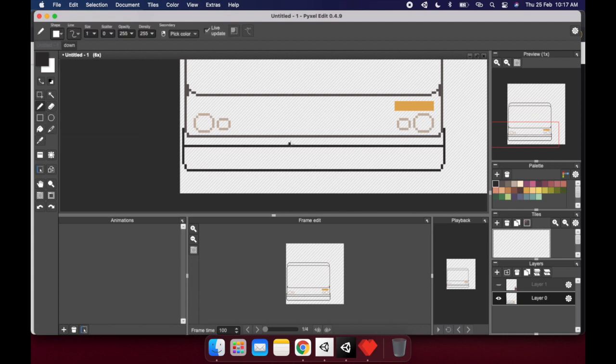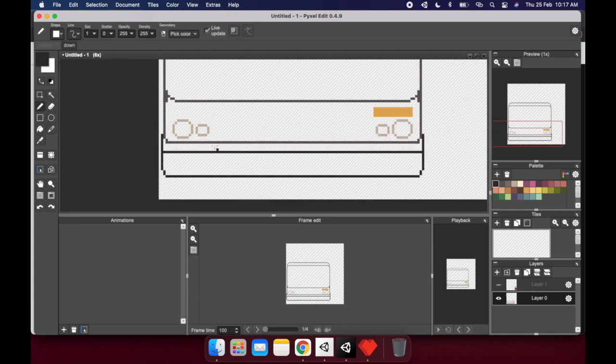This looks much better. Something's still missing. Yeah, since the bumper is a little bit curved towards the bottom, I'm gonna just make it curved. Here